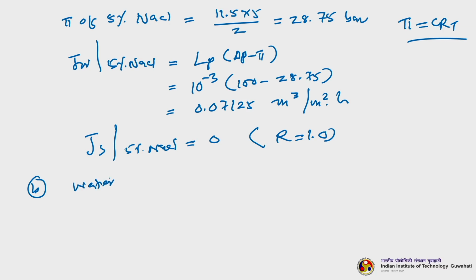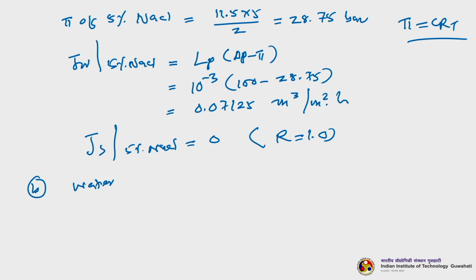The same module is used to desalinate a 4% NaCl solution at an osmotic pressure of 20 bar. The concentration polarization M is given as 3, and the salt rejection R is given as 0.99. Now you have to calculate the water and salt flux at an applied pressure difference of 75 bar, and then we have to calculate the mass transfer coefficient.